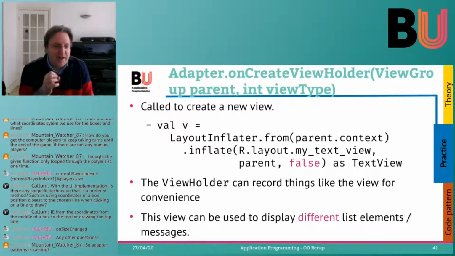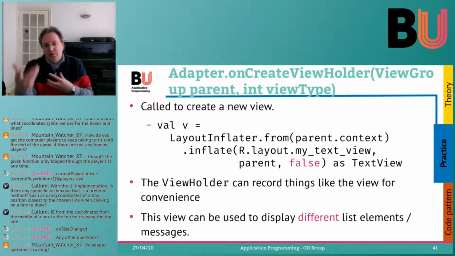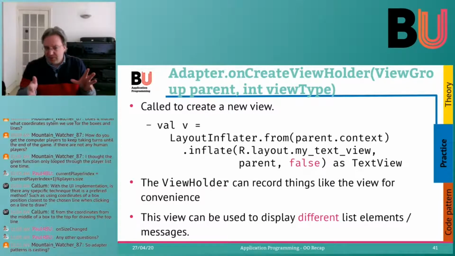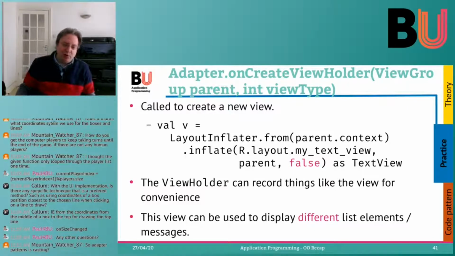Then we inflate the layout with the parent, so it uses the parent to get the theming information, for inheriting properties and styles and stuff like that. And then we pass the false argument to say we don't want to attach it to the parent,